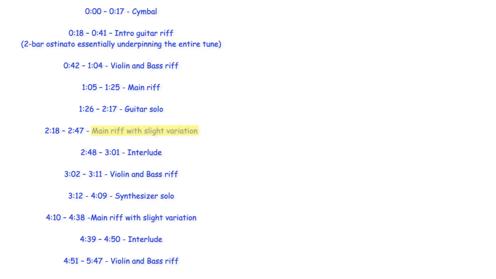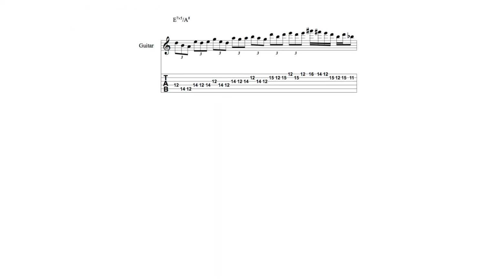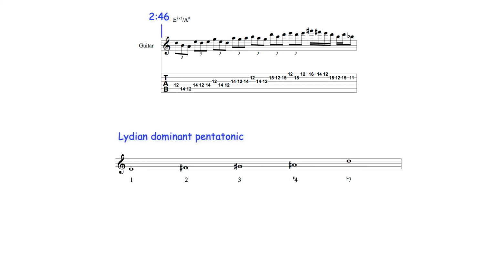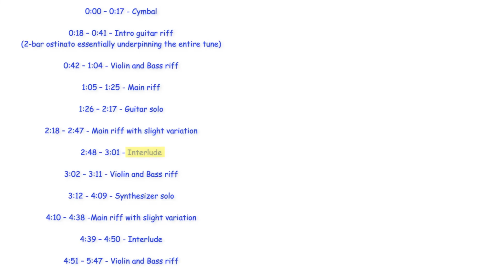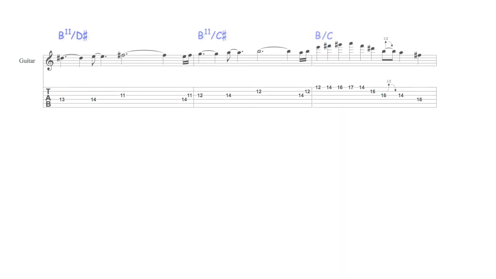The main riff returns after the guitar solo at 2 minutes and 18 seconds and includes some variations, notably the triplet run beginning at 2 minutes and 46. The final 2 quarter note beats of this run include notes derived from the following Lydian dominant pentatonic scale. The triplet run leads into the interlude beginning at 2 minutes and 48 seconds, the chords of which are again